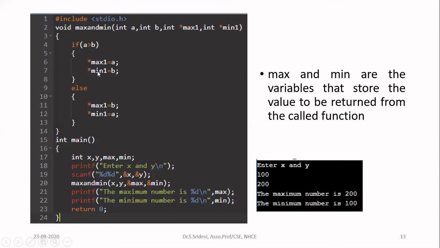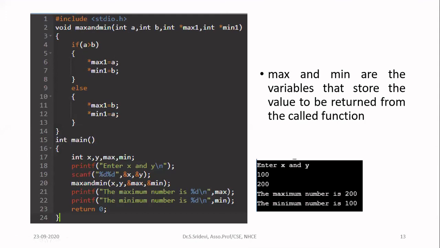But what is max1? This is a pointer variable. Okay, so you have to store a in the address pointed by max1. Okay, max1 will contain the address. You go to the address and put the answer there. So I want to change in the address pointed by max1. Okay, so I am writing now star max1. If you write only max1, you are going to change the address.